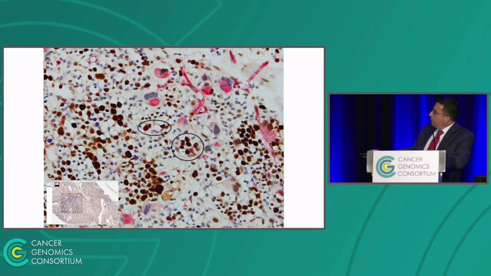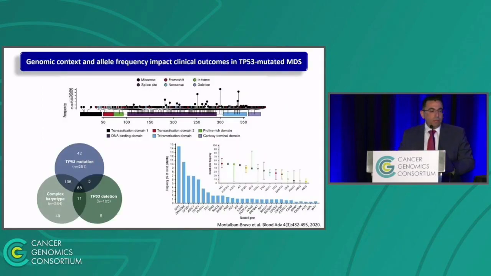But you can also see that mutant p53 is expressed in more mature elements within this MDS, cells that are not CD34 positive. And so the mutation, the clone that harbors the mutation, carries that mutation forward throughout its differentiation